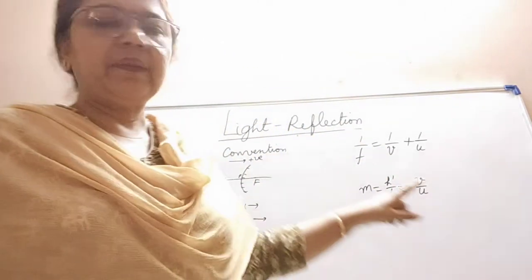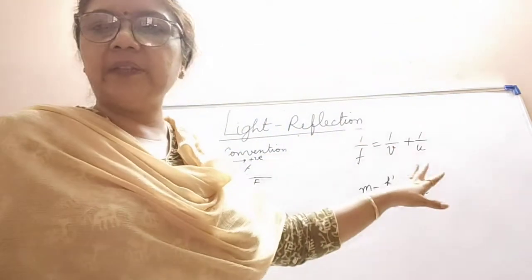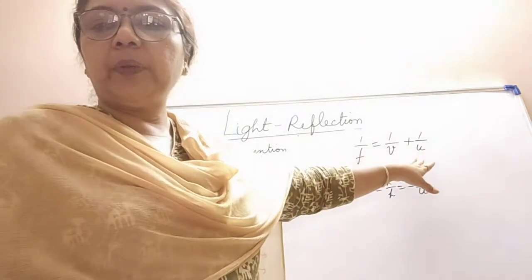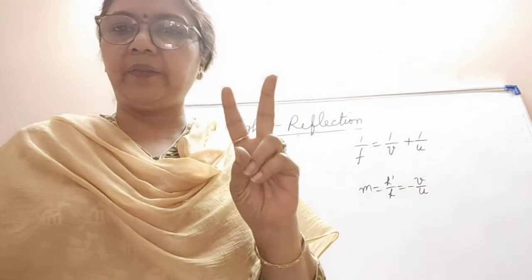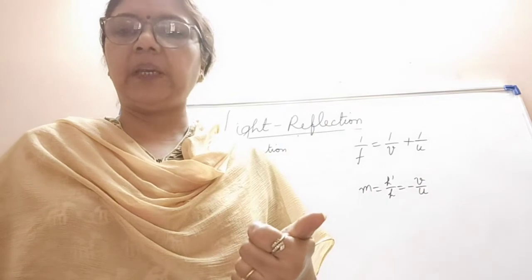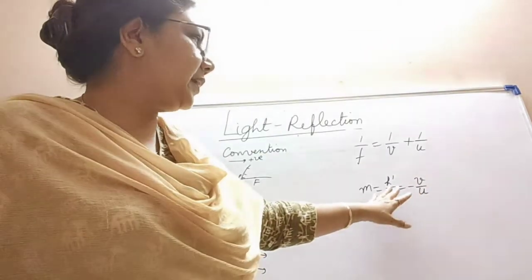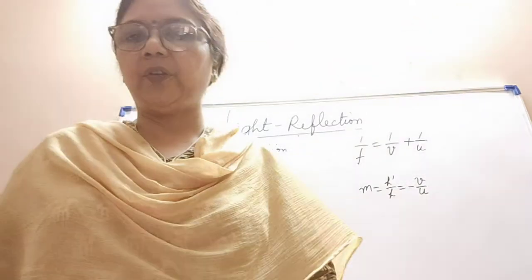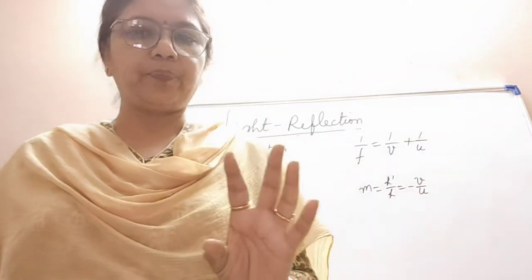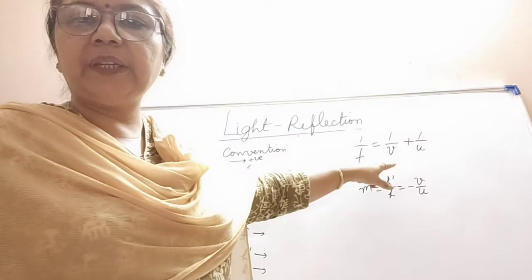But when we put the values of v, u, f, whatever is given, like in this case 3 quantities are there. Out of 3, 2 will be given to us and the third we have to find out. In this case also 3 or 4 quantities are there. Out of that 3 will be given to us and then the fourth we have to find out. Here I will just tell you the meaning first.